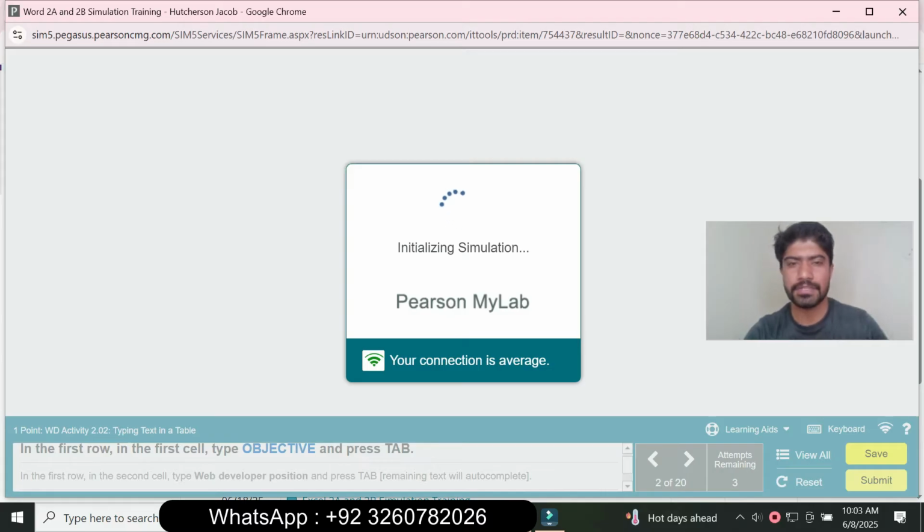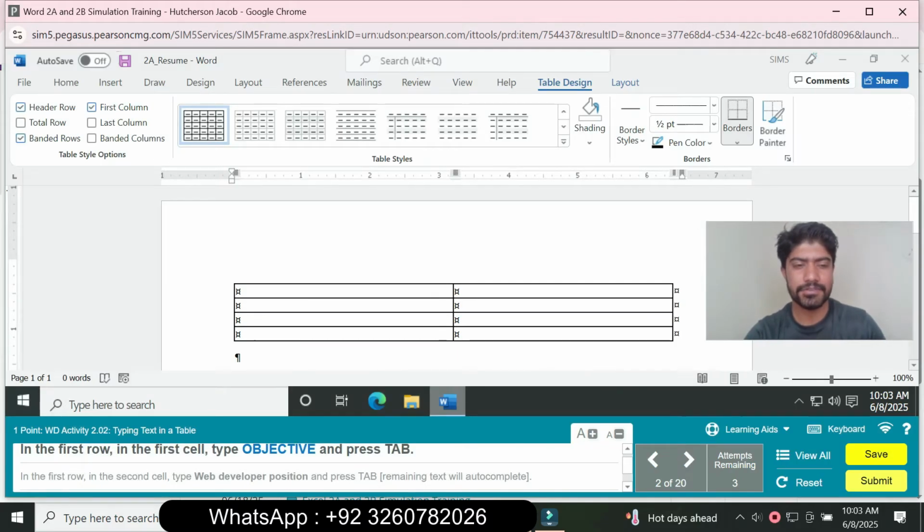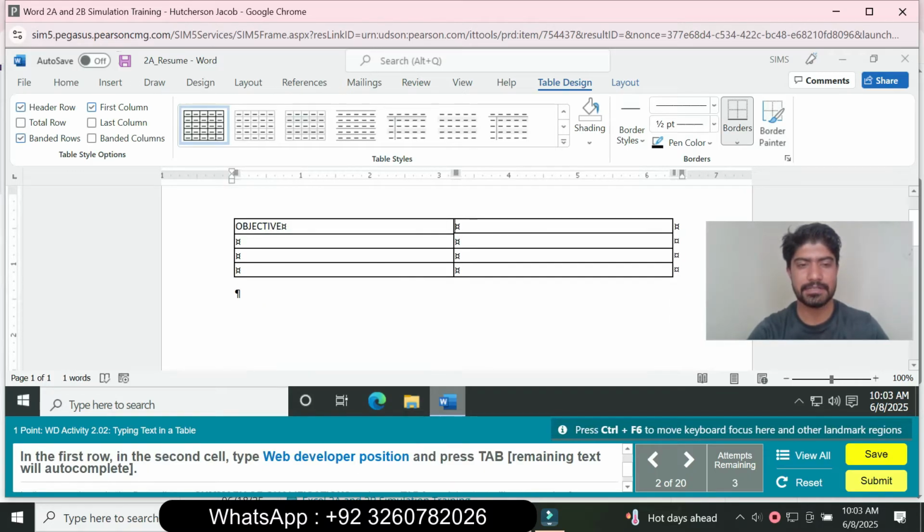So question number 2 is, in the first row in the first cell type the objective. So type the objective and press the tab button, and next is in the first row in the second cell type the web developer position and press the tab button. So first row in the second cell